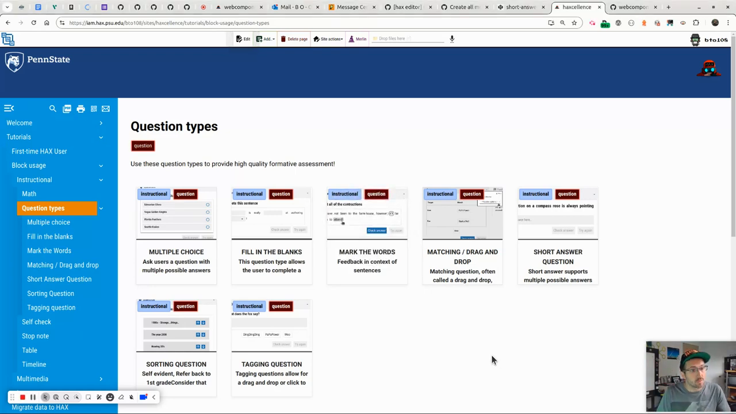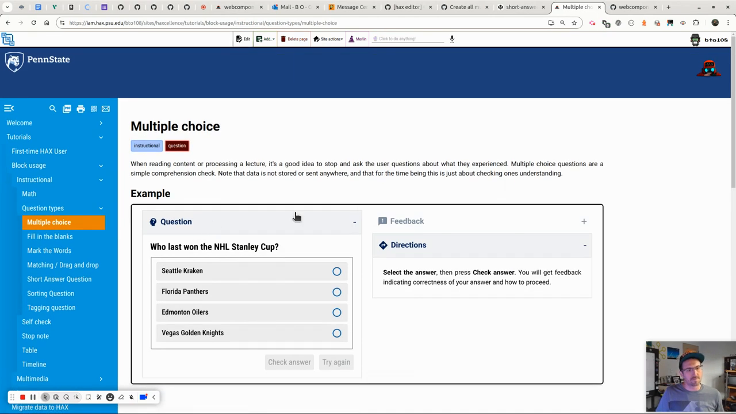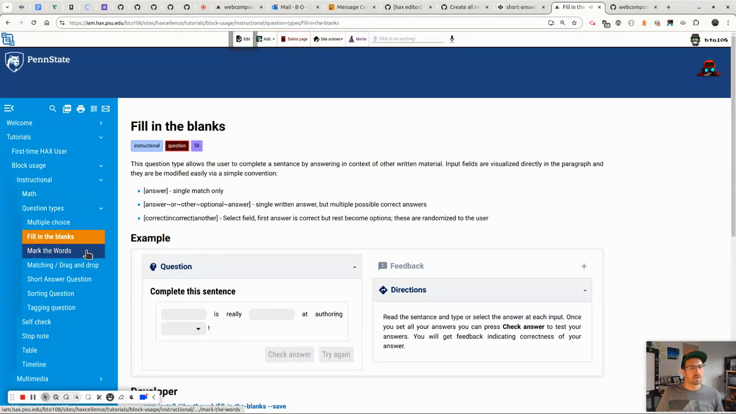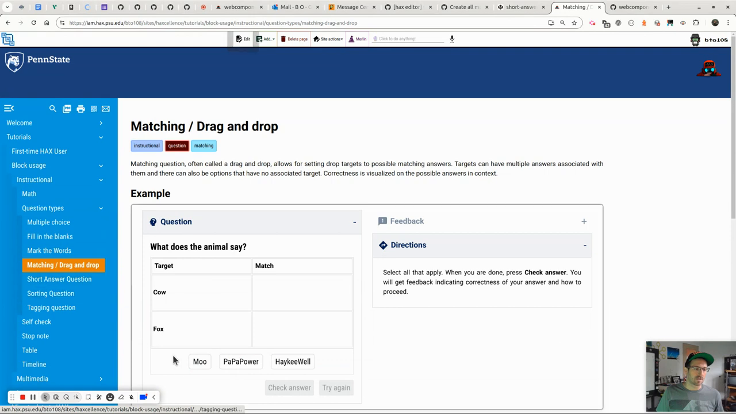Today, I'm going to show you how easy it is for us to use our own tools to write our own documentation. So recently, and by recently I mean in HAX 9, we added support for a lot of different question types. What we used to have was multiple choice, and now we've got a lot more than just singular multiple choice. So we've got fill in the blanks, we've got mark the words, drag and drop questions,